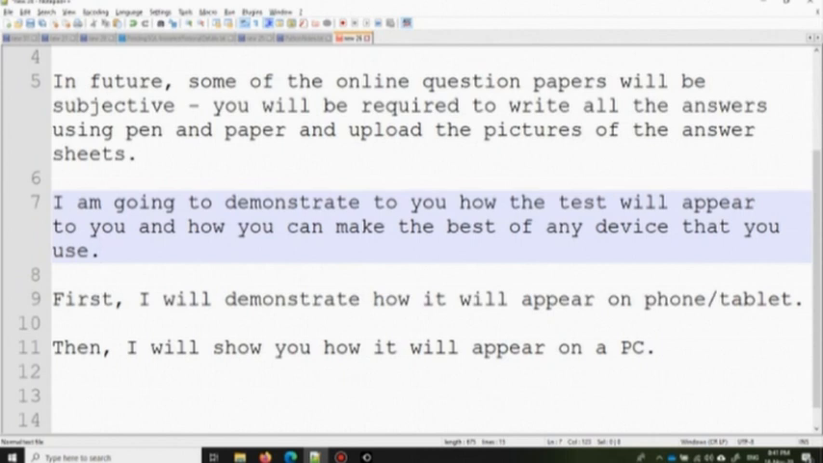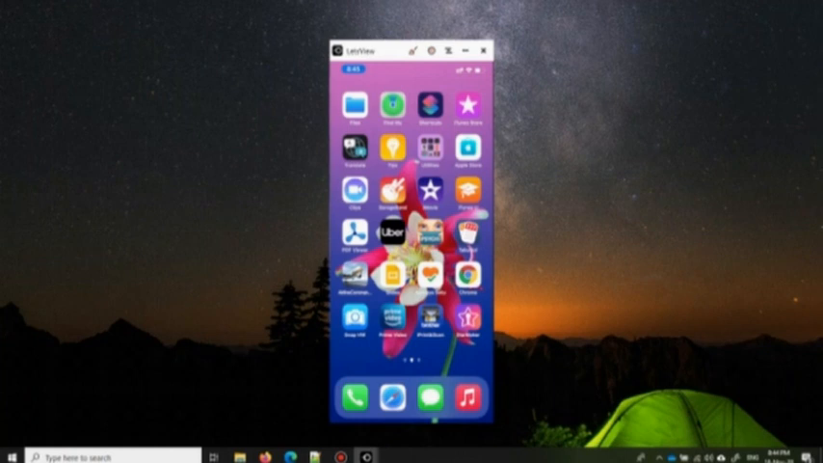First, I will demonstrate how it will appear on phone or tablet, and then later on I'll show you how it will appear on a PC. Okay, I am going to use an iPhone. You could use any phone. All the phones will have a similar kind of a